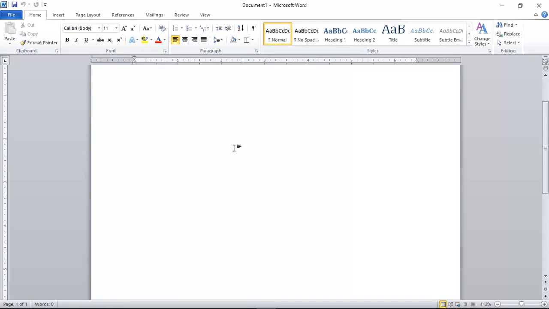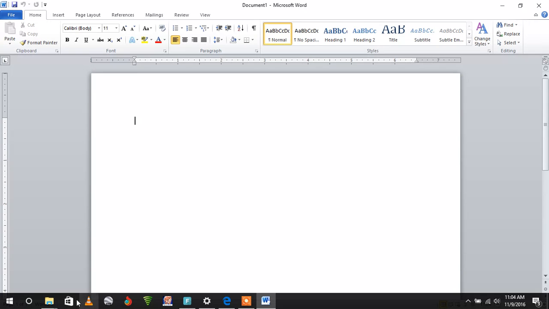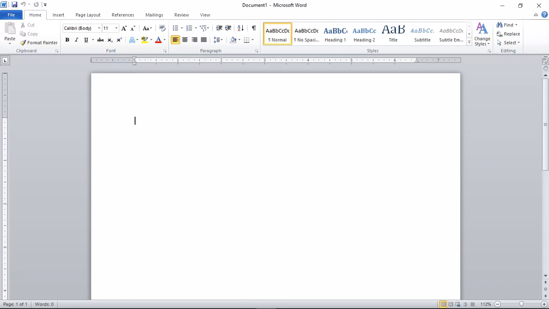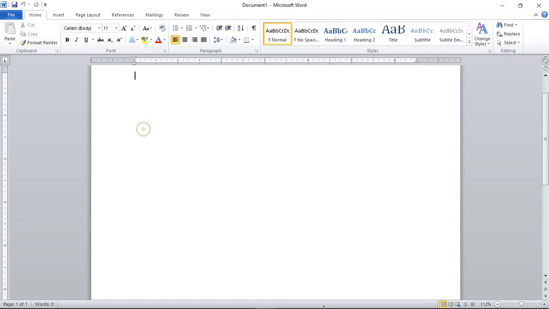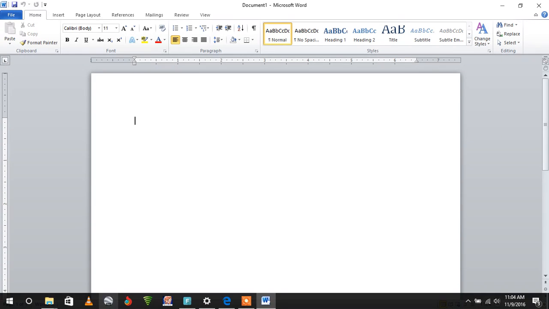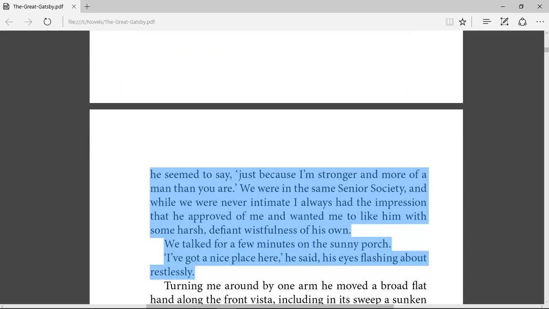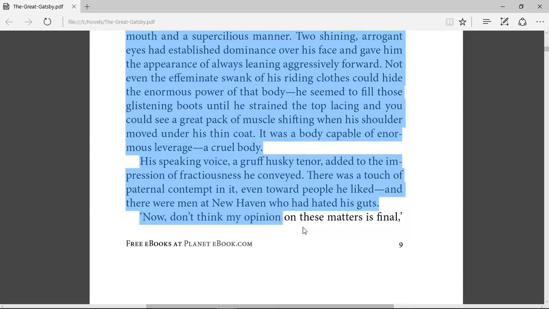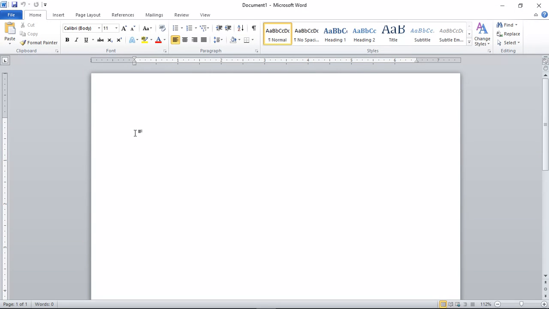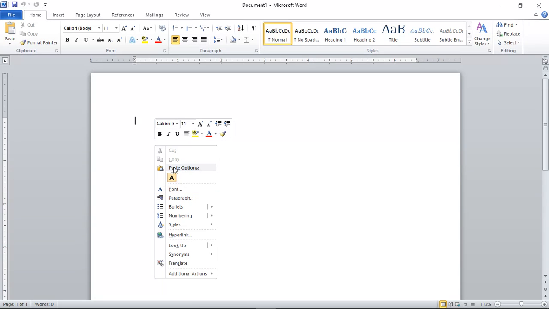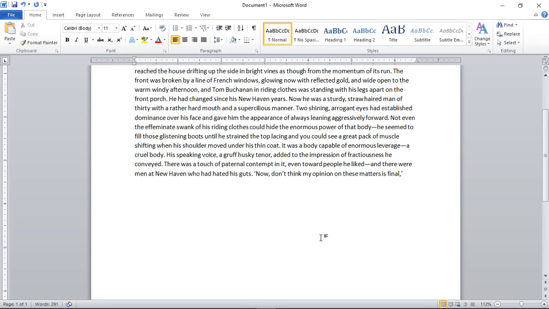Here you can find a blank page if you go to search and find Microsoft. First, in order to break the page, we need to have some letters written in it. So let me write some letters. Here I've got a novel. I was reading this novel and I thought it's best to use from it. So I copied it and I'm going to paste those letters right here.